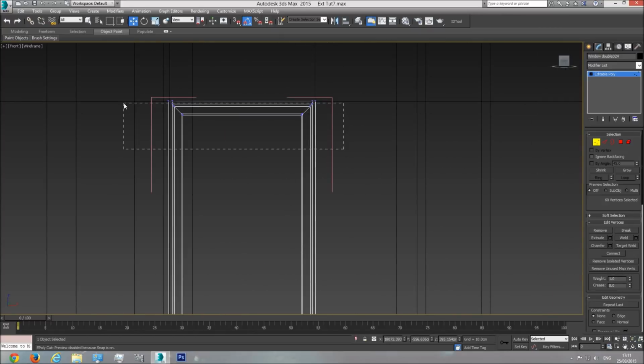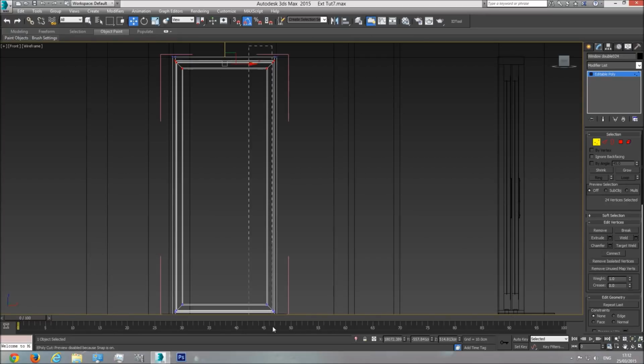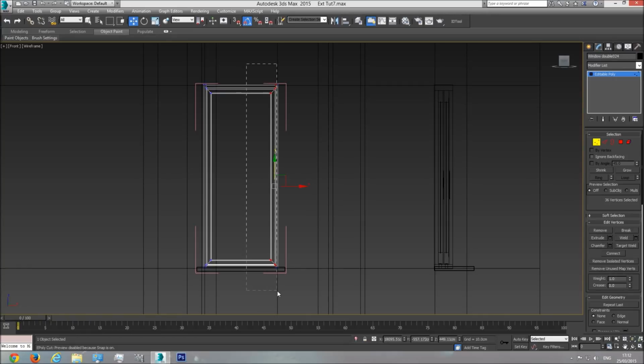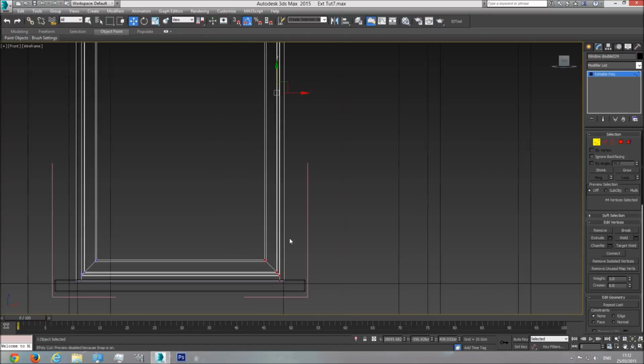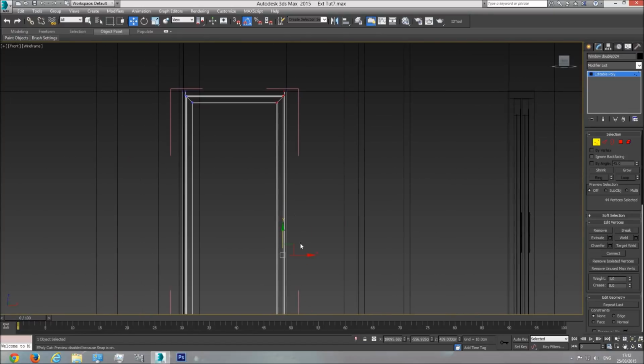So I'm going to fix what I did. Make it a little bit bigger, like so. And on the right side, all the vertices except this one at the end and this one here, I'm going to move them so